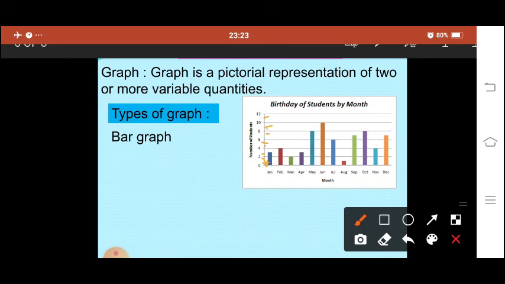So in this way we can make a bar graph for different data. Also we can make a bar graph for cricket scores. In one match maybe 20 overs were there. For each over, how many runs were scored, that also we can represent in the bar graph. In this way we can represent different data in a bar graph. Why do we call this a bar graph? Because you can observe we are representing with bars. That's why this graph's name is bar graph.